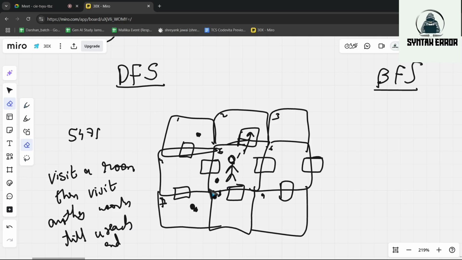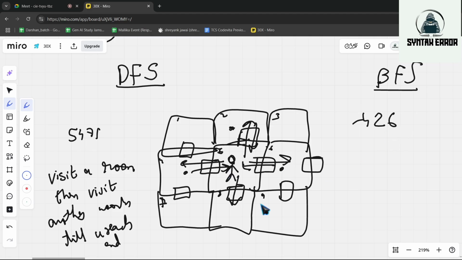What's one more method is, first you'll go to this room. Next, you'll come back. First you'll go here, you'll drop something, you'll come back. Next you go here, drop something, come back. Next you'll go here, drop something, come back. Next you'll go here, drop something, come back. Next you'll go to our first path and then go to our next path. Again you'll drop something, come back.